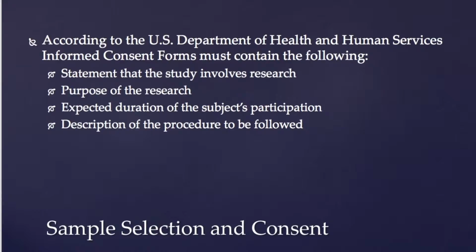Now, we're looking at consent forms, which is the next part. It's the informed consent checklist. In 1998, the Office of Human Research Protections and the U.S. Department of Health and Human Services released a checklist, as it were, of the things that need to be on informed consent forms. Those include